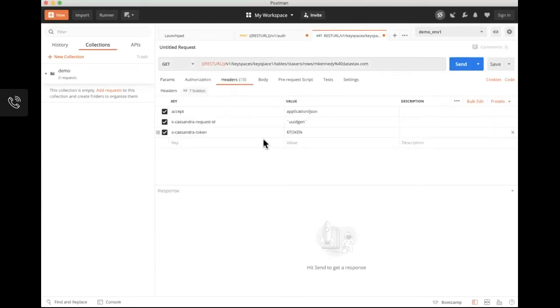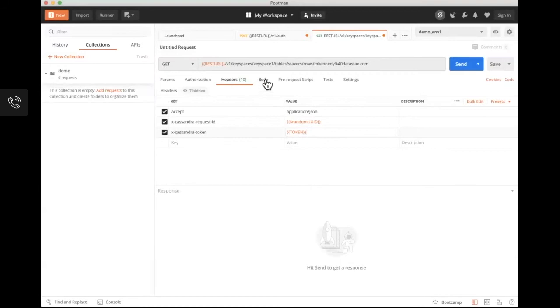Let's go look at the headers. Now my UUID gen command is back, so we need to convert that into the random UUID generator. And then also token is in the wrong syntax, right? So if we just send it like that, it's not going to know to pick the token out of the environment. So we set that up like that.